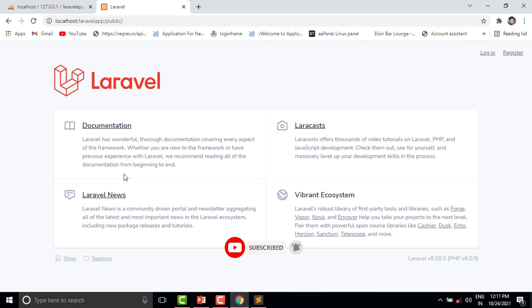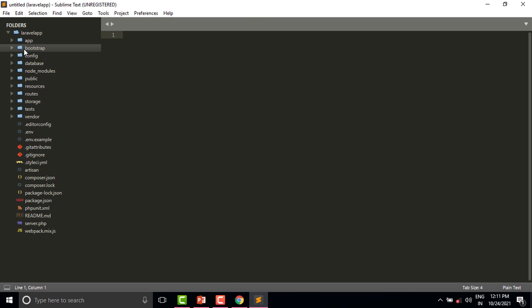So in the one-to-one relationship, we are fetching the records from two tables on the basis of a similar key or similar ID, we can say that. So in one-to-many relations, we are fetching the records from two or more tables on the basis of a similar key or similar ID. So let us implement the one-to-many relations.